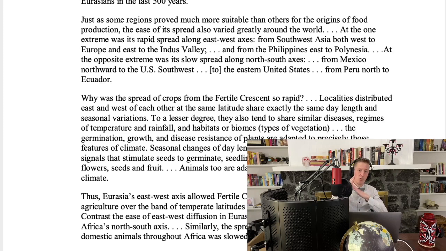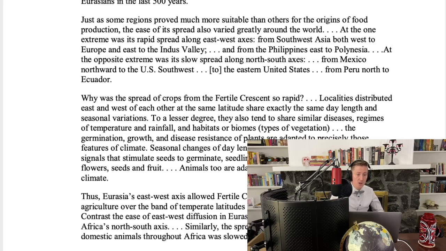I'm going to pause real quick. From southwest Asia, he's going to later refer to as Mesopotamia. I know we haven't talked about it yet, but Mesopotamia, southwest Asia, or as we call it, the Middle East, is arguably where most historians believe agriculture and civilization began. So we're seeing a lot of spread east and west from that Middle East we're talking about.